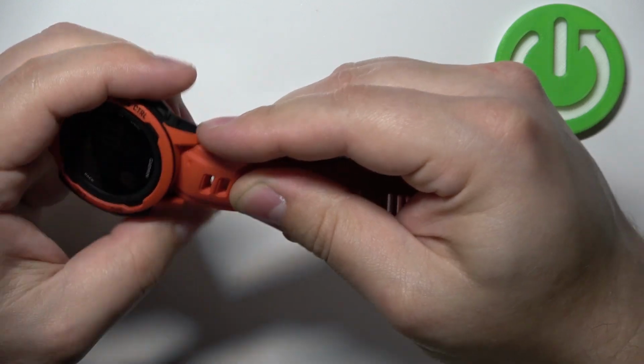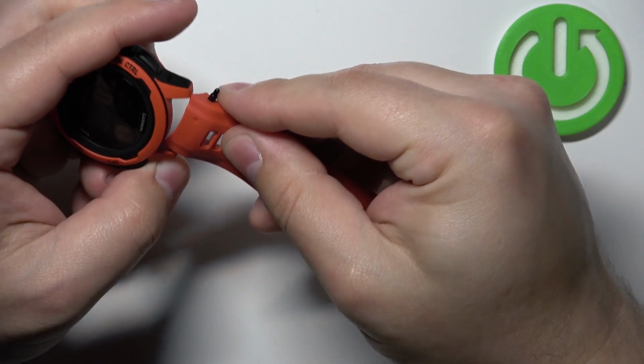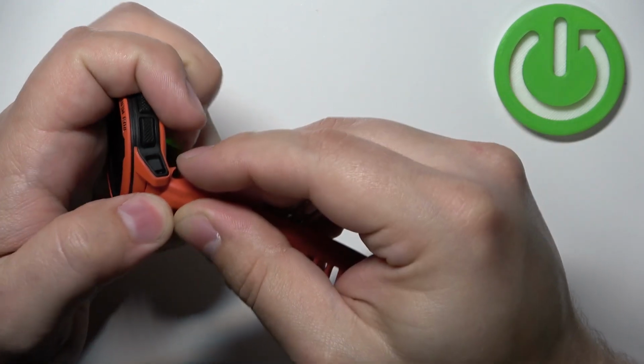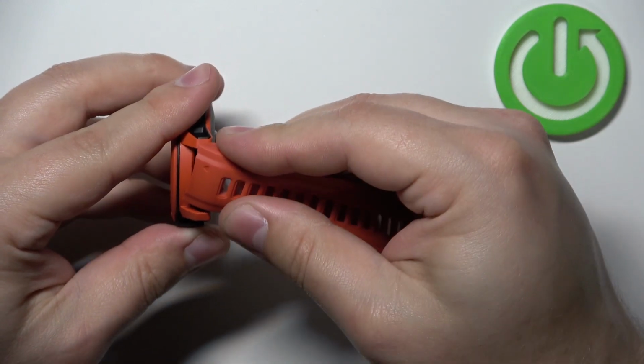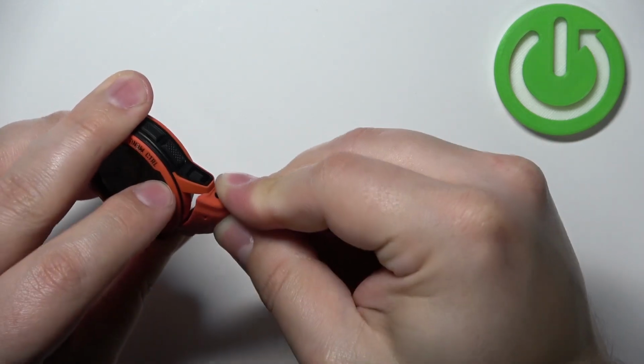Sometimes it's gonna be tough, but you can also push it all the way to this side and put it in like this, like that. Then push the axle a little, push it in. Oh, I missed it. It's gonna be a bit finicky,